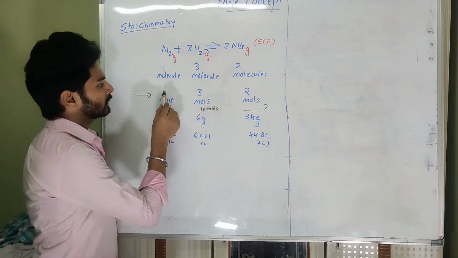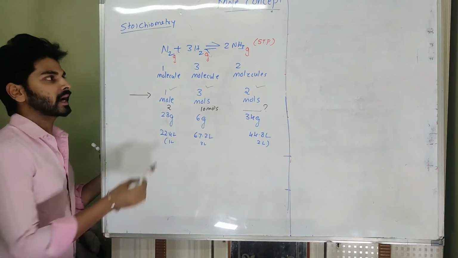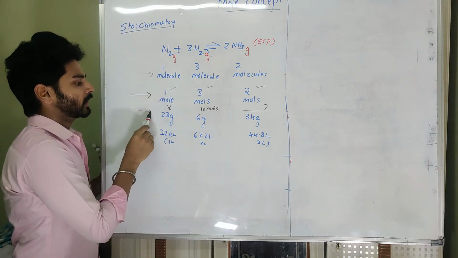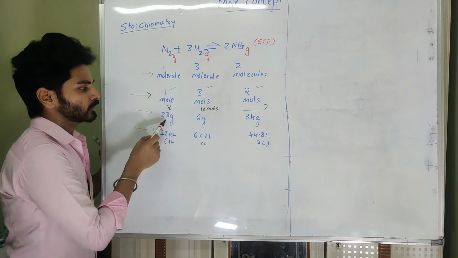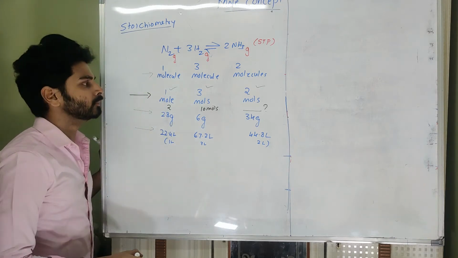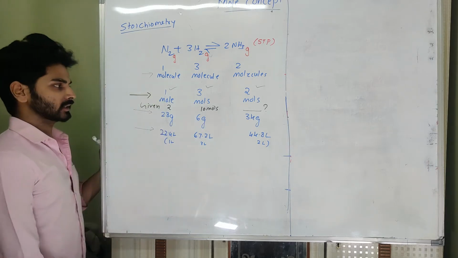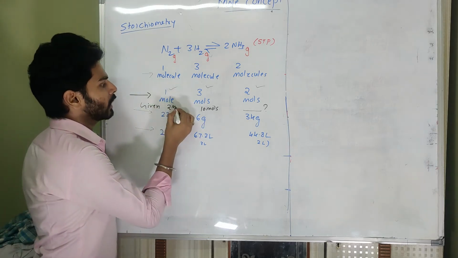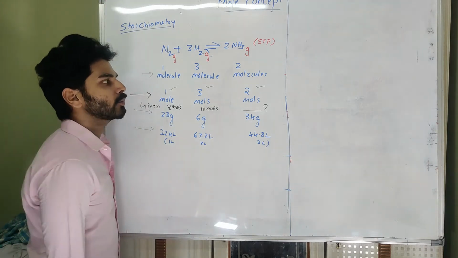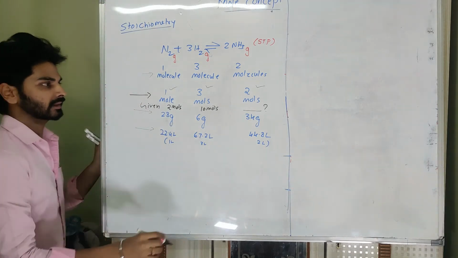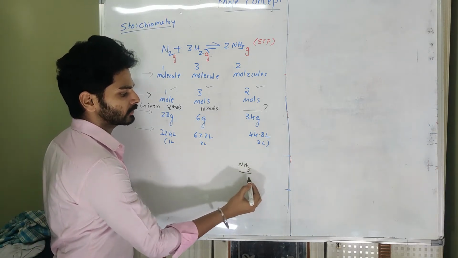Now this basic stoichiometric ratio is not given in the problem. That we have to conclude. For any given equation, we have to know these 4 conclusions. That won't be given in the problem. What is given is a random amount of reactants. So 2 moles of nitrogen, 10 moles of hydrogen, giving us how many moles of ammonia. If the question is like that, definitely we want the ammonia's amount.